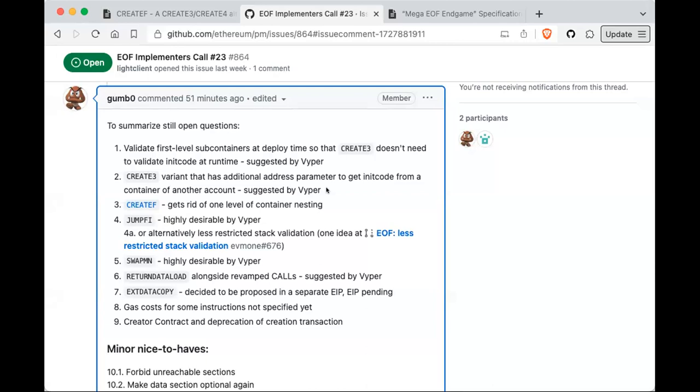So create three is bubble. I don't think there's opposition to it other than size. I don't think there's a spec concern for it. So we can resolve that as space is available. The other thing is to have